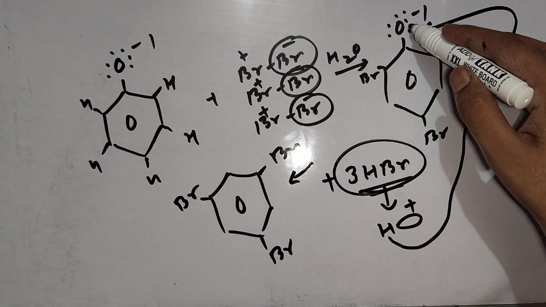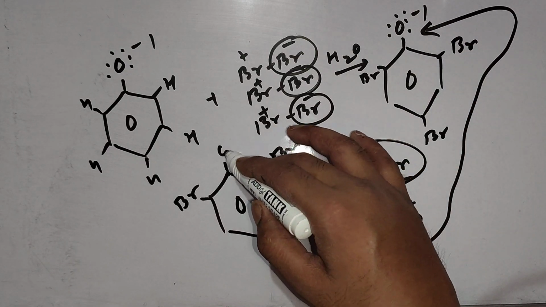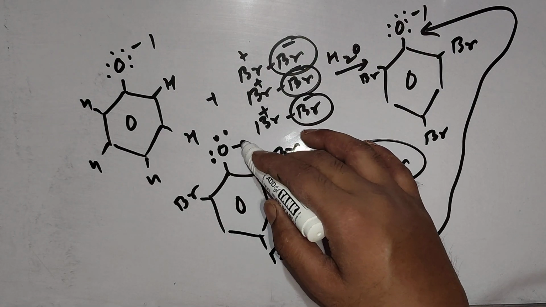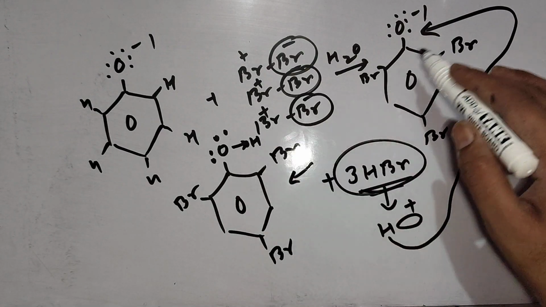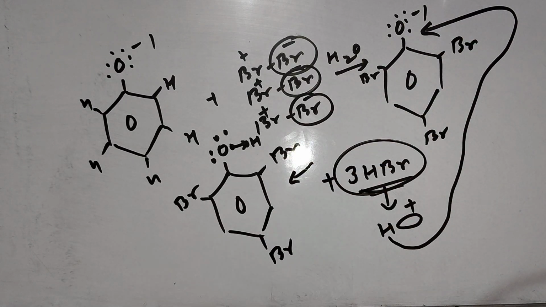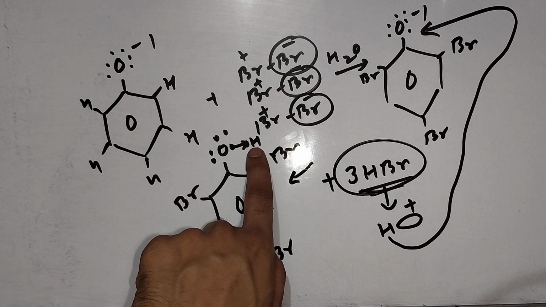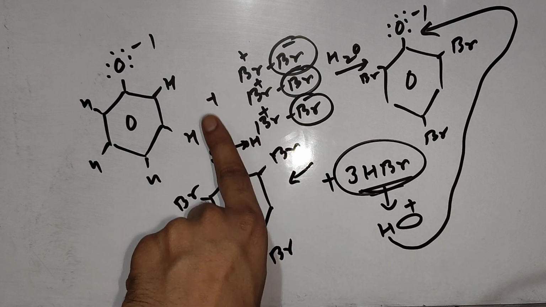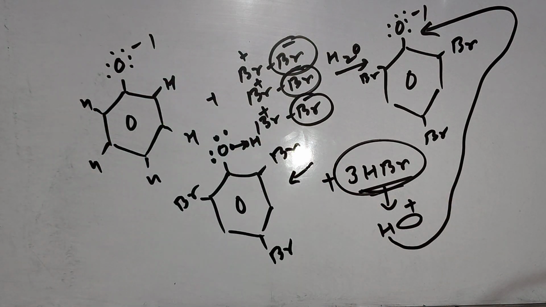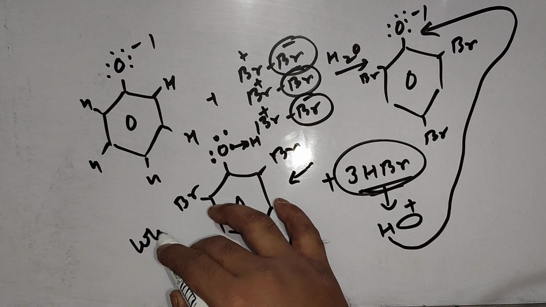Out of 2 electrons, 1 electron it will completely transfer toward hydrogen in the dative bond, so its negative charge will finish. 1 electron it will keep with itself. Because hydrogen is getting extra electrons, its positive charge will finish, both will become neutral. So this is the final molecule which was generated here as a white precipitate,